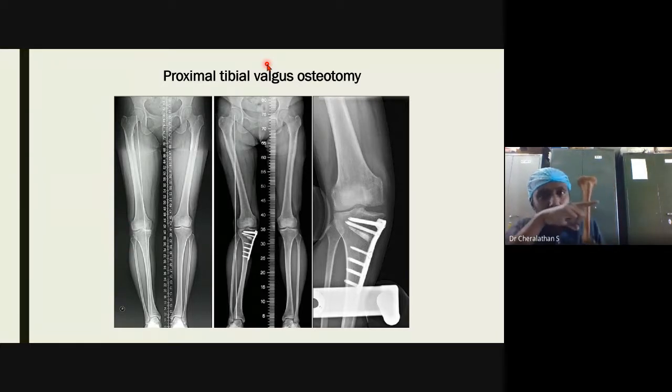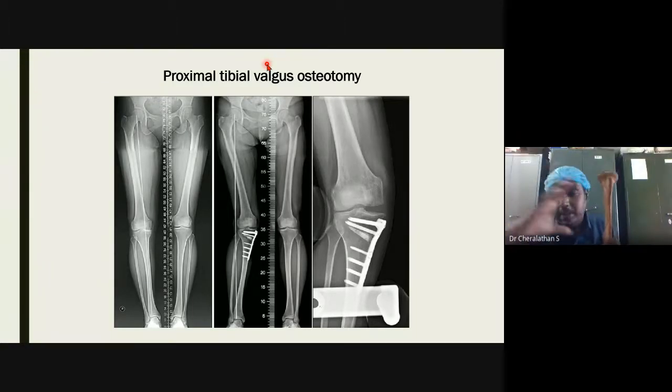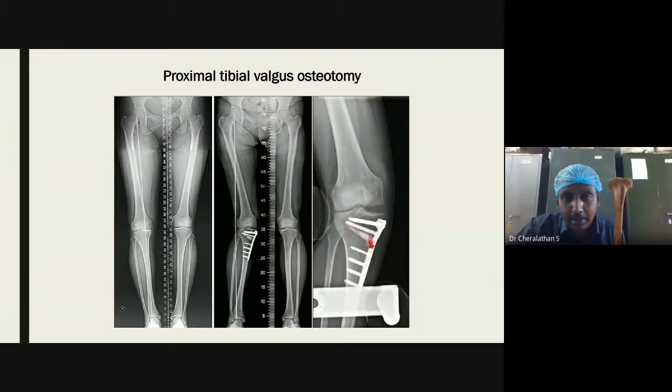See, you cut the bone. Are you able to see the bone here? Forget about which anatomical region I'm explaining. I'm just explaining what osteotomy is. You cut the bone. Now you just have a horizontal cut here. Now, if you do a varus displacement or a valgus displacement, that can be achieved by two methods. You do a horizontal cut here, another oblique cut here. You will remove a triangle piece of bone. Understand that here, if you remove the triangle piece of bone, this part of the plateau will come down. Do you all agree?